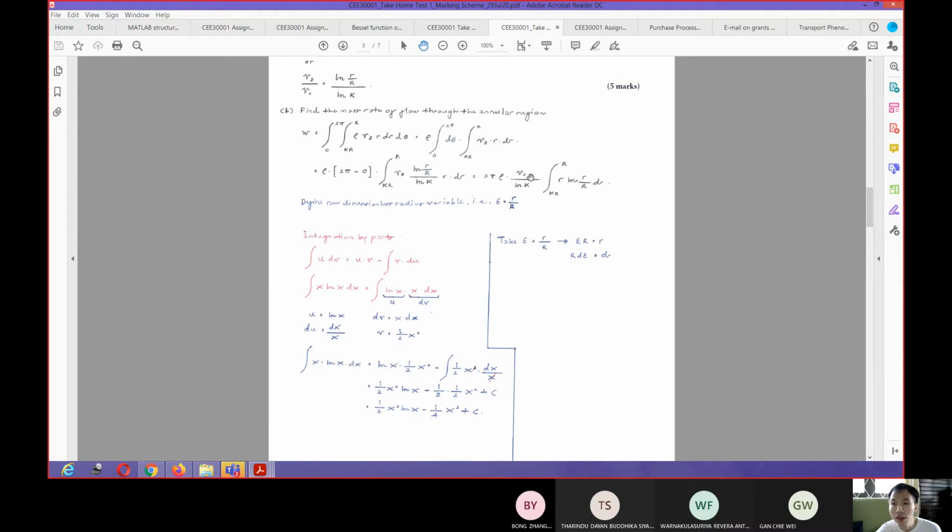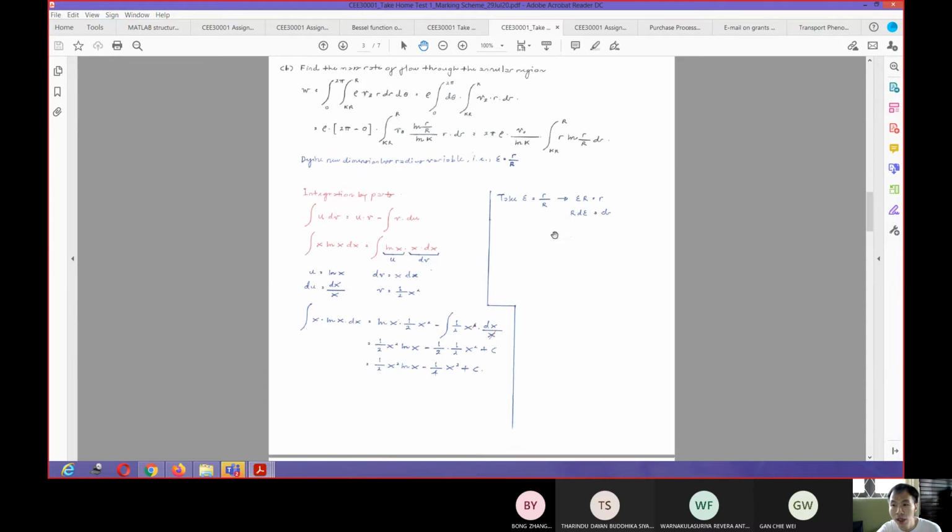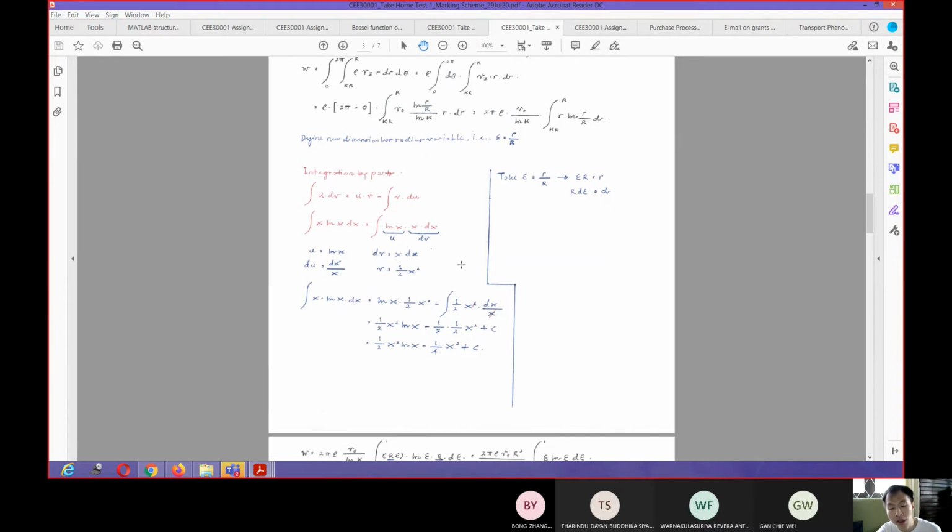Okay? Once you get these things, then you will get this two rho, the density, multiplied by V naught divided by ln K and everything. And then you need to define the new dimensionless variable. It's not the only way that is possible. The way that I solve this is one way, but other people have solved it using a different way. As long as it is clean and everything is good, I will give you full marks.